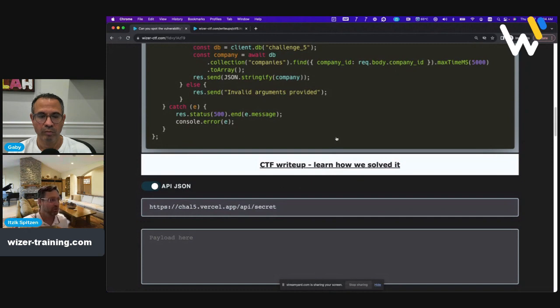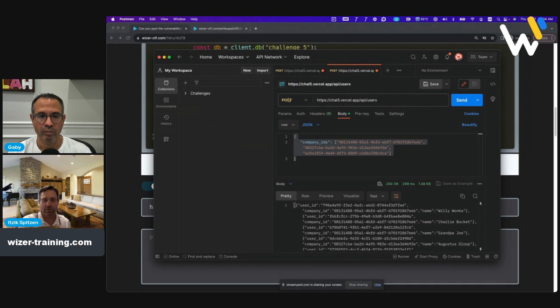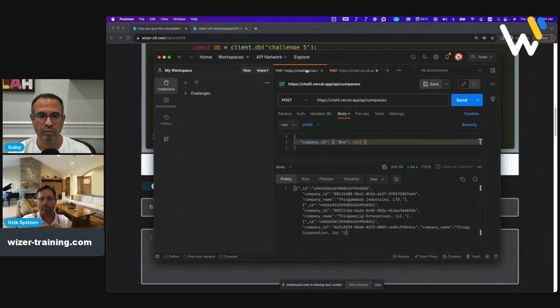In this case, I'm going to use Postman to post a request to the company's API, which I found is vulnerable to injection. I provided it this nesting, which says not equals null. So any company whose company ID is not null should be fetched. It's a very simple NoSQL injection. I hit send, and you can see here, I already ran it before, all the companies in the system.